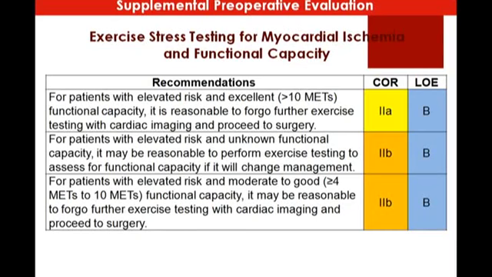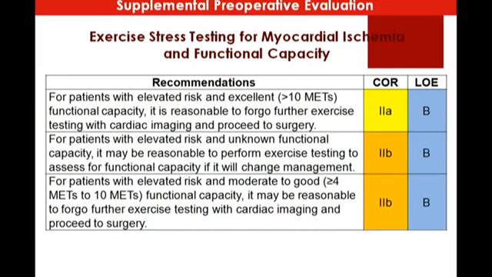If your functional capacity is good, you do not need to do non-invasive stress testing to see whether he has a cardiac problem or not. We know from the literature that it's not going to change your mortality, it's not going to change your MI rate if the patient is well treated and stable. So there is no indication. This is what gets us into trouble, and this is what gets us into trouble in dual antiplatelet therapy management perioperatively in non-cardiac surgery.